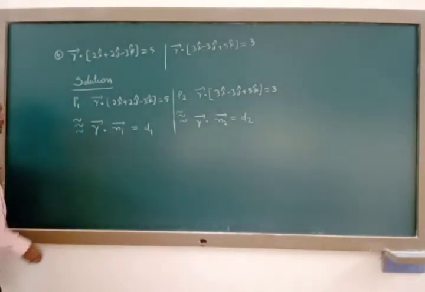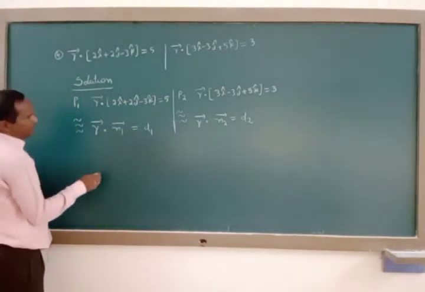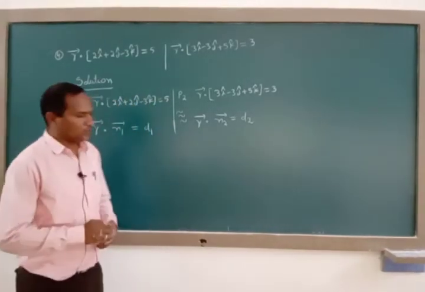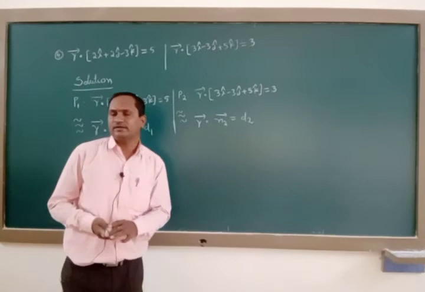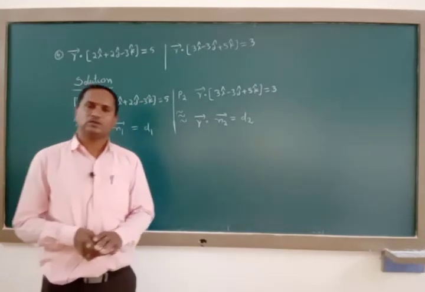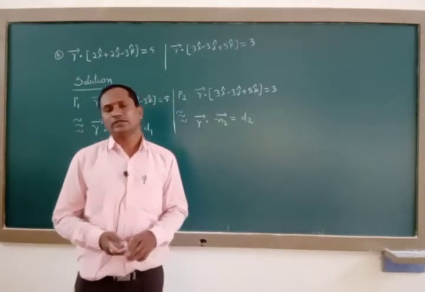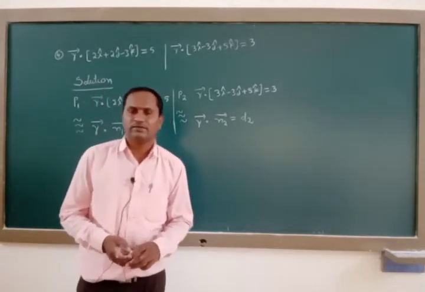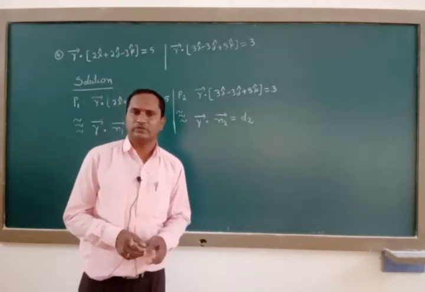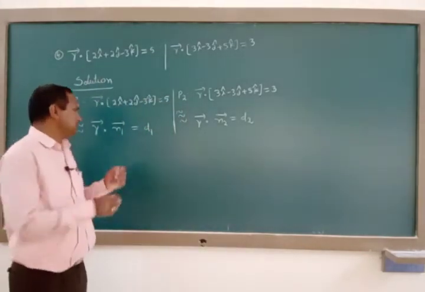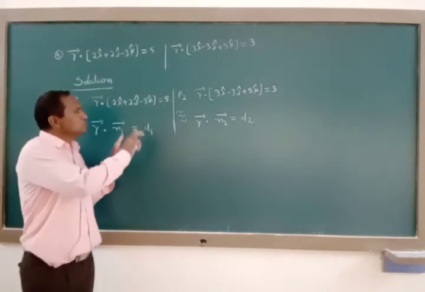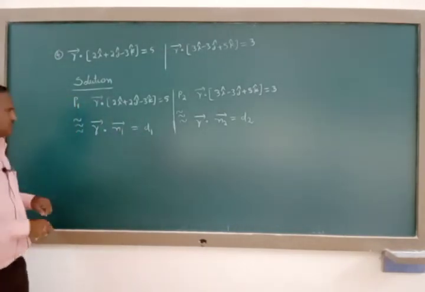Like that, if you can compare, we'll get n1. We need the n1 vector and n2 vector only, because the cosine of the angle between these two vectors is cos theta equals the modulus of n1 vector dot n2 vector, whole divided by the magnitude of n1 vector into the magnitude of n2 vector. That's what we need, these two vectors from these two planes. We have to collect those two only from these two planes.